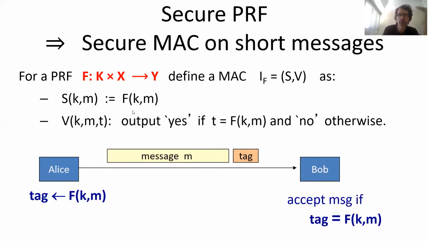So intuitively, why would you think this is a MAC, right? Well, a PRF was supposed to look like a random function. So if this key K is chosen at random, then outputs of the PRF, from the point of view of efficient attackers, are like a random function's outputs. So signatures are like a random function on the message. Therefore, signatures of one message are completely independent from signatures on another.